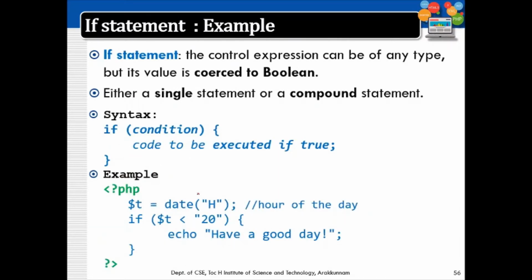Moving on to the syntax and examples of each. The if statement syntax is quite similar to what you have studied in JavaScript or any other programming languages. Within brackets give the condition, and within braces write the code to be executed if it is true. So it deals with only a single condition, the true condition. Here is an example: <?php, and then use if like this. This is a conditional check using a relational operator, and it gives a statement as output if the value is true.